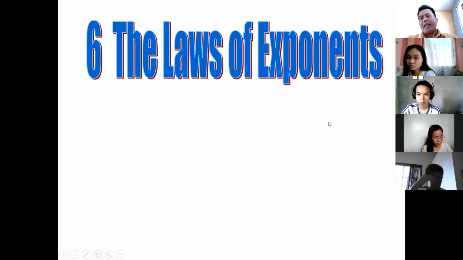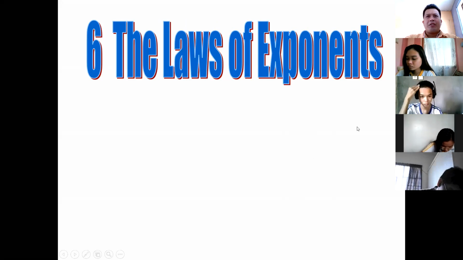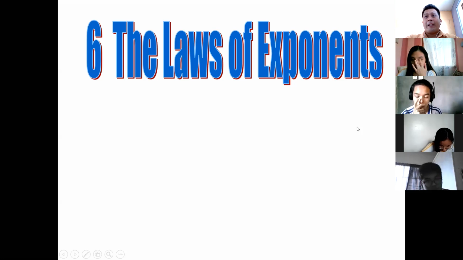Each and everyone. The discussion that we're going to partake this morning is about the understanding of how exponents work in terms of constants and variables, as we fully define what the world of exponents is all about. With the lesson, laws of exponents, or in some references, we call this the integer exponents, or laws of exponents, rules of exponents, rules of power. Everything boils down to the same, which is laws of exponents.